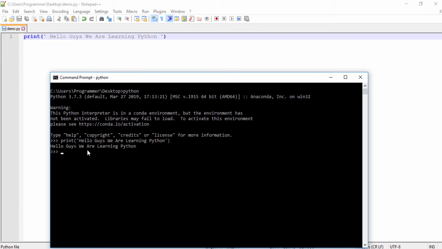Hit enter, and you are able to see the same thing appear on my console screen. If you want to close that, you just write quit, parentheses opening and closing. Hit enter, and you are able to check the desktop files